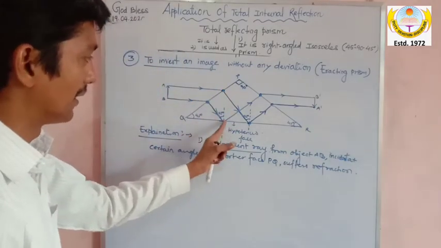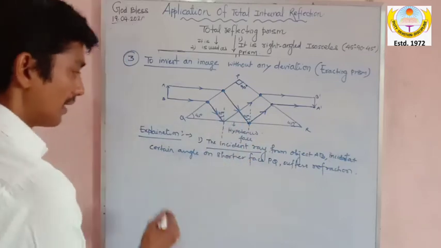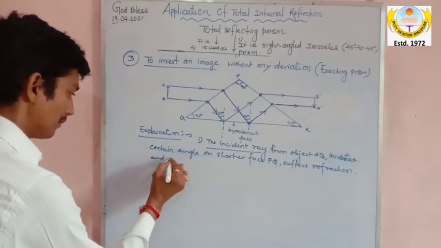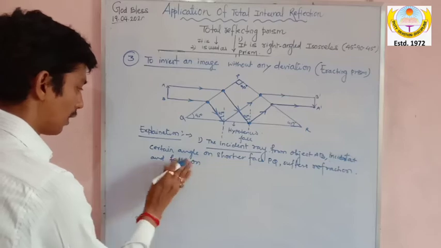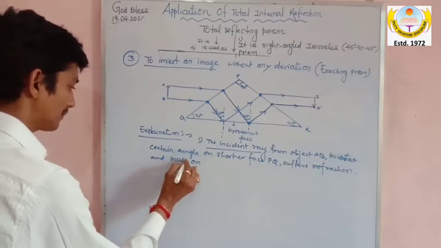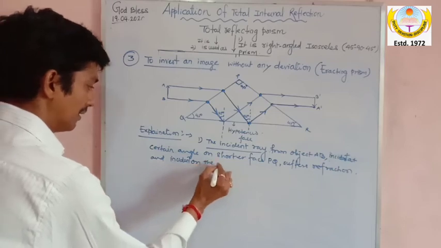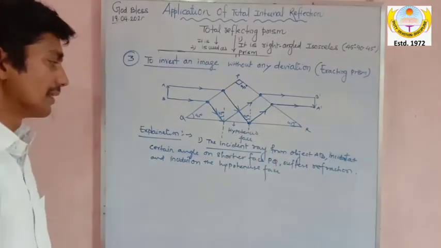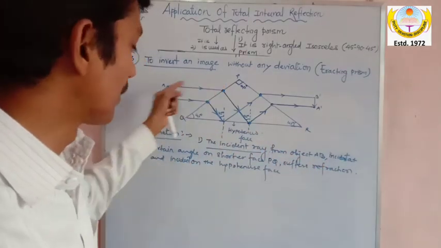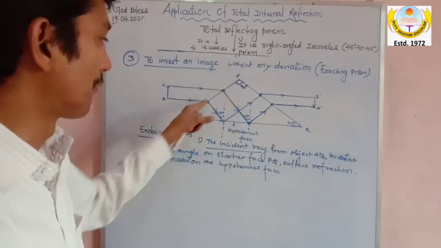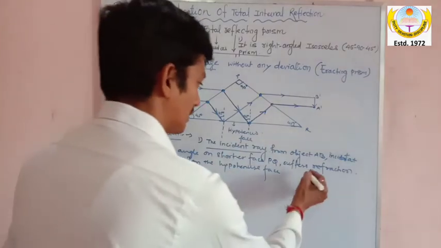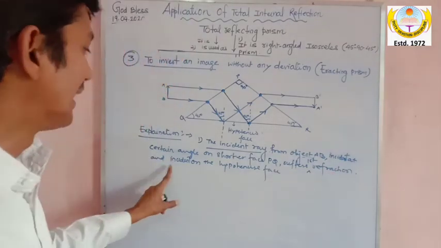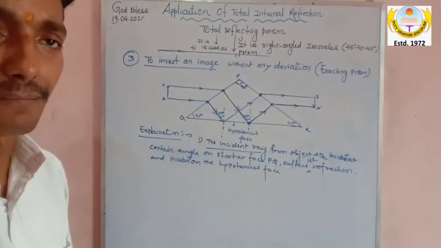Here there is a refraction, my dear, so it suffered refraction. Am I clear? And it falls on the hypotenuse face. Am I clear? The incident ray from object AB, you can see, is incident at a certain angle on the shorter face PQ, suffers first refraction, and is incident on the hypotenuse face with